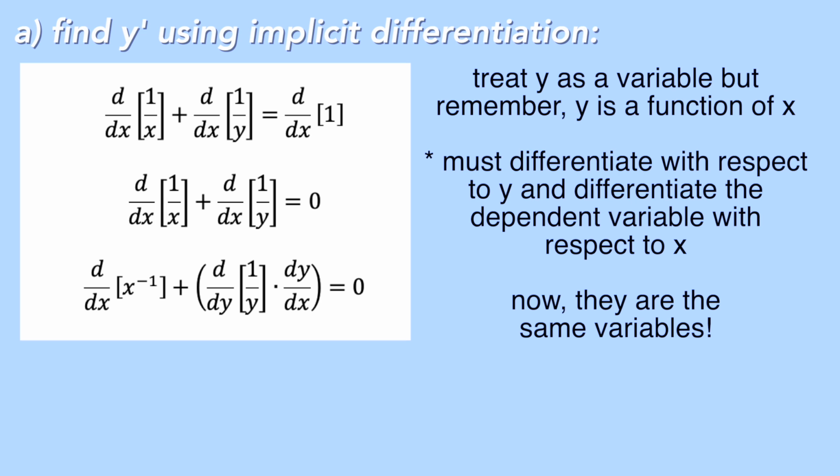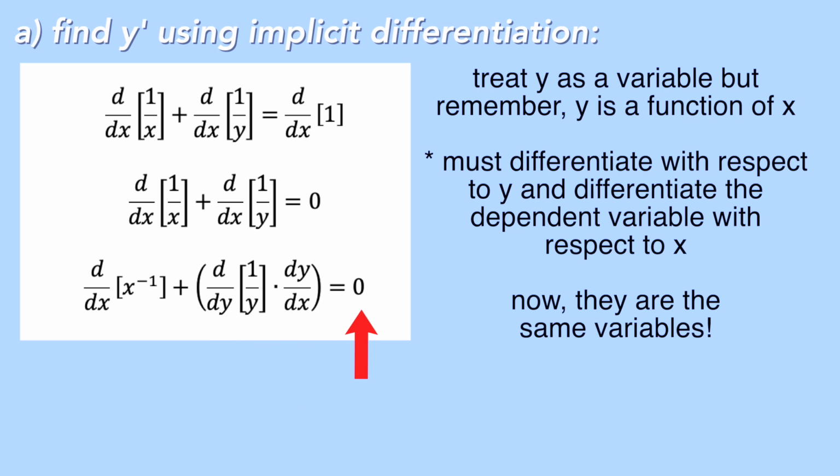Next, we must treat y as a variable, but y is currently a function of x. So we must differentiate with respect to y, and then differentiate the dependent variable y with respect to x. Now they are the same variables. Rewriting 1 over x as x to the power of negative 1, we now have d by dx of x to the power of negative 1 plus d by dy of 1 over y times dy over dx,